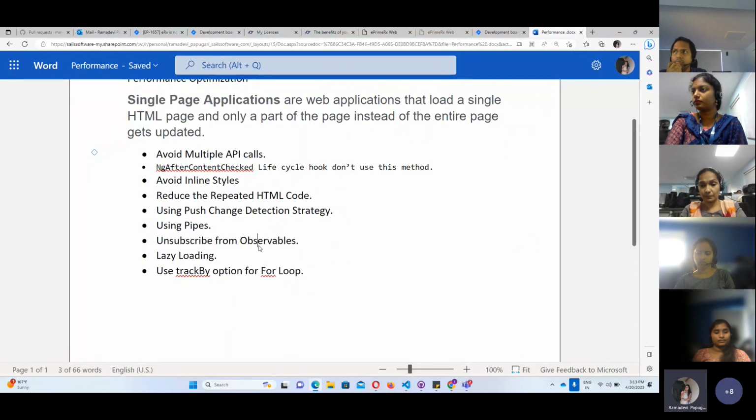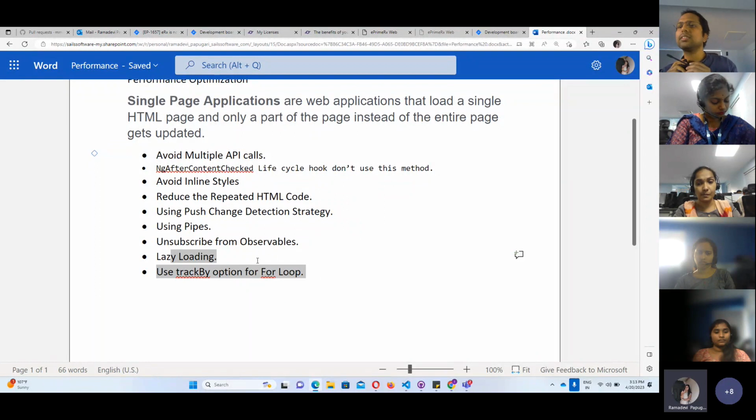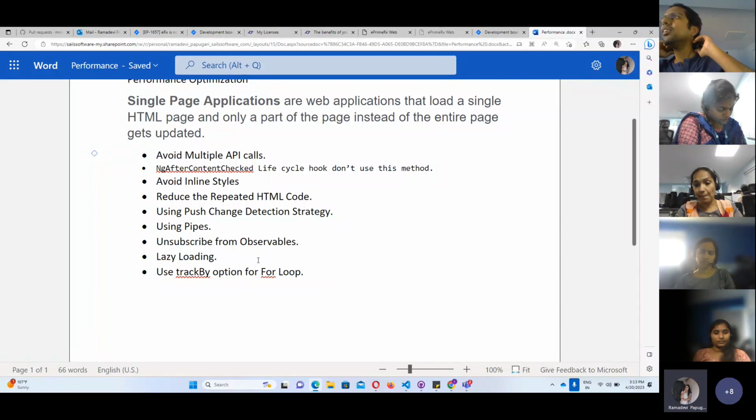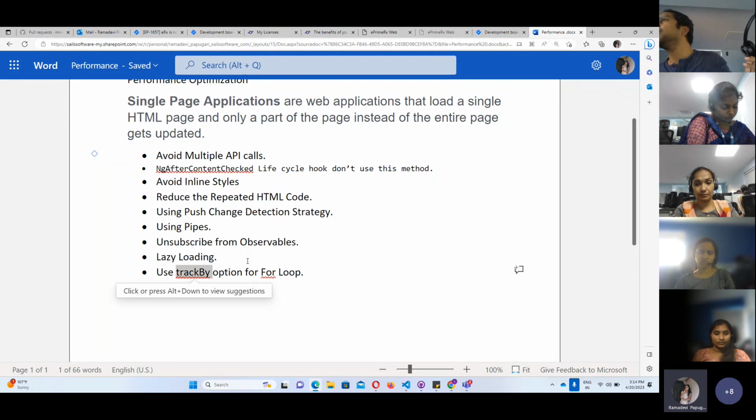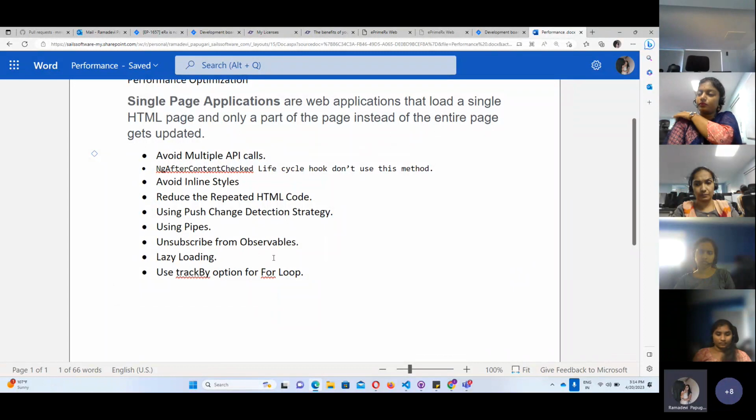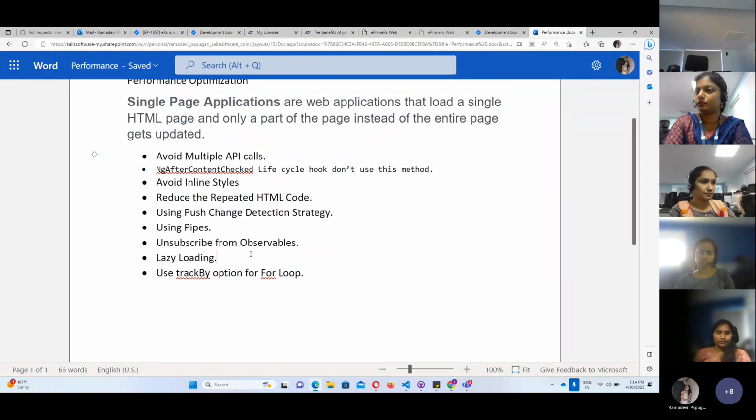And also, coming to lazy loading and trackBy present in Angular. For manipulating arrays we use ngFor, right? Along with ngFor, we need to use trackBy. It is a predefined directive available in Angular. And also, as we all know, lazy loading is a main thing for every application, because if we do not implement lazy loading,